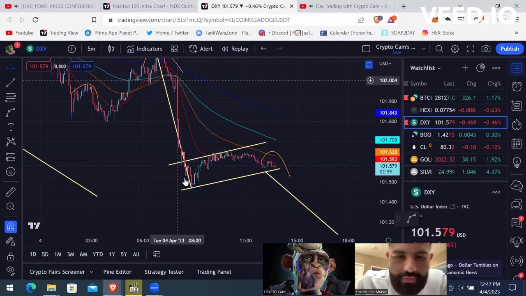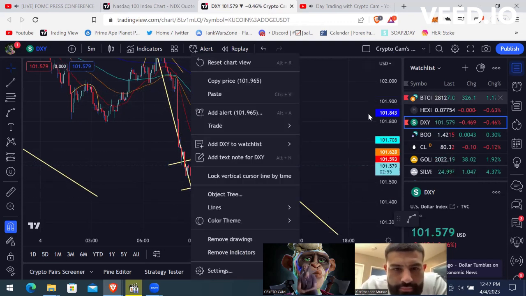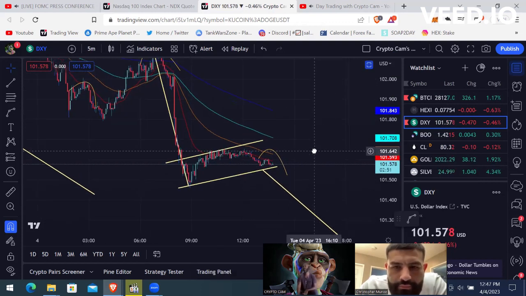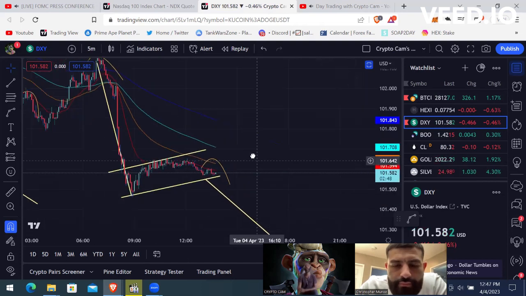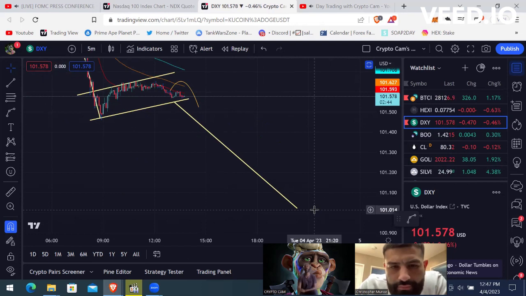All right. Cool. So bear flag, that's bearish. Anytime you think of price going down, think of a bear, that's bearish. Bearish means price is going to go to the downside, right? So this measured move on this bear flag is telling me that the dollar index is going to come down to